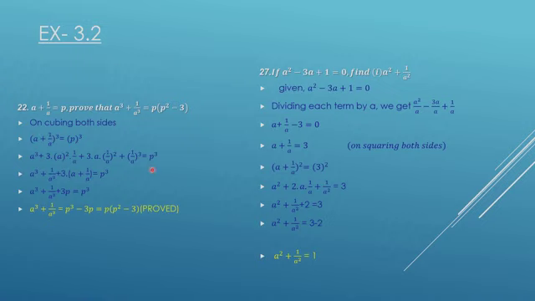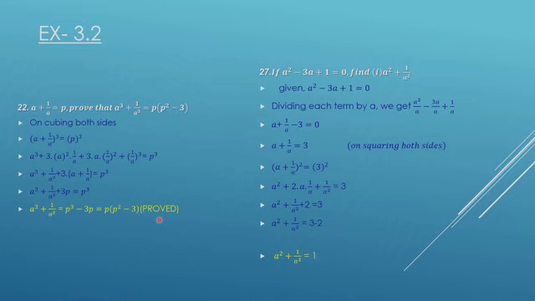Once you expand, this is what our equation looks like, because here a and 1 by a get cancelled, so you're left with a plus 1 by a. Now we know that a plus 1 by a is equal to p, so instead of this we can replace it with p. Now you have a cube plus 1 by a cube plus 3p is equal to p cube. If I take this 3p to the right hand side, it becomes p cube minus 3p, and so we can write it as p into (p square minus 3). And hence the equation is proved.